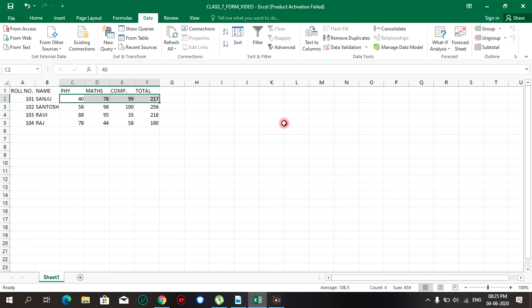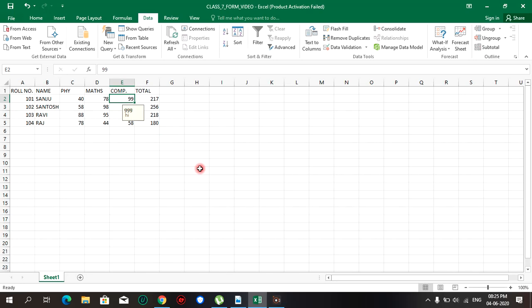To apply validation, first we have to select the cells. This other cell will not be validated because it was not selected while we were setting the validation.